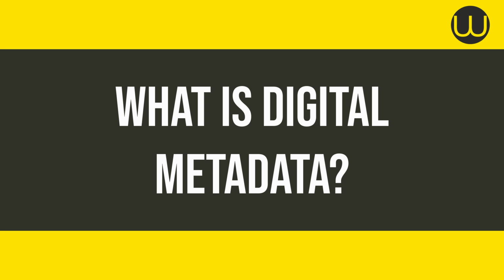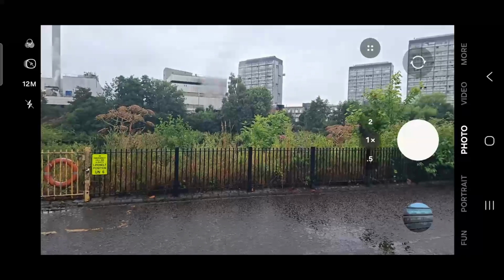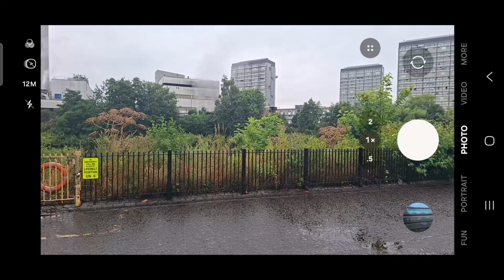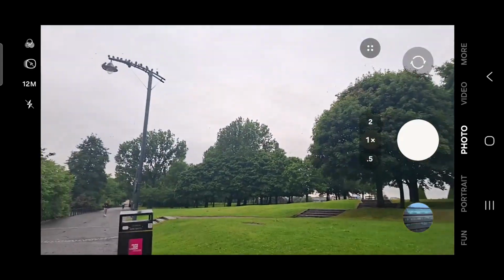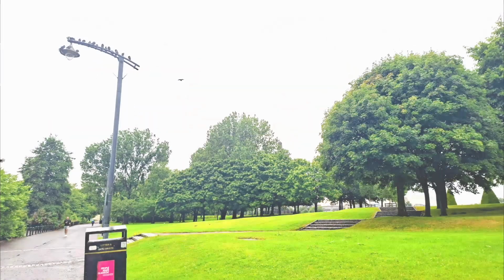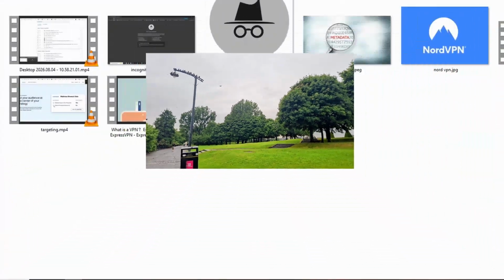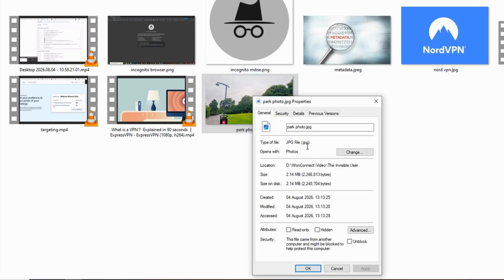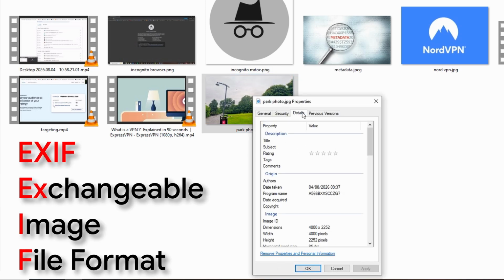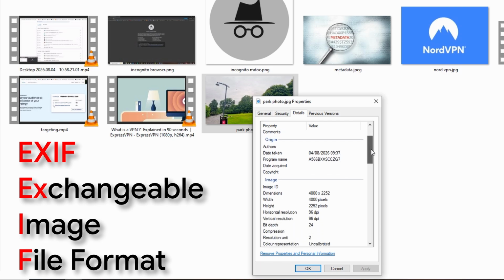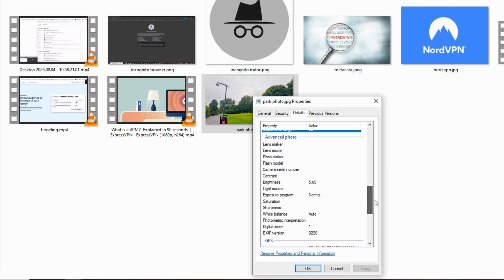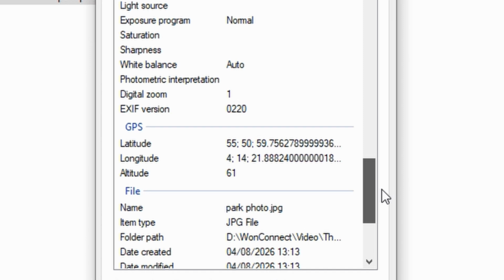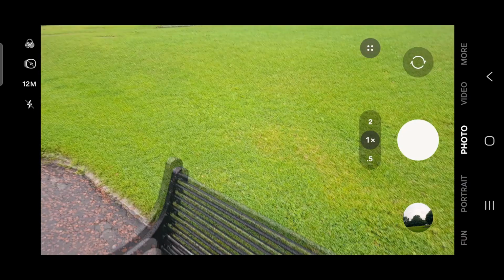Now let me show you something even more stealthy, digital metadata. This is data about data. Every digital file you create, documents, audio clips, and especially photos, comes with invisible embedded code detailing how, when and where that file was created. In photos, this is known as EXIF data, exchangeable image file format. Notice those coordinates right there. If I paste those exact numbers into Google Maps, it drops a pin directly onto the exact bench where this